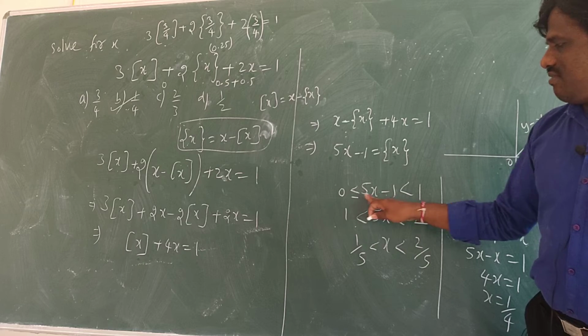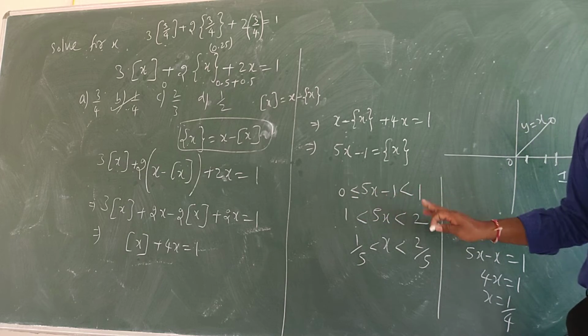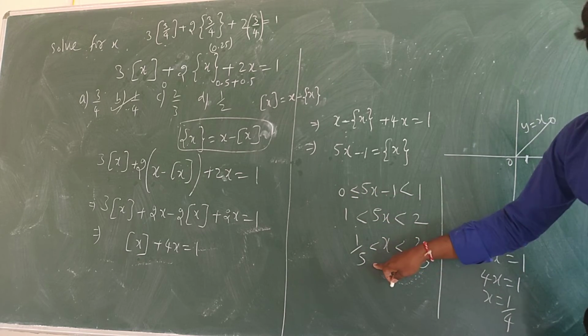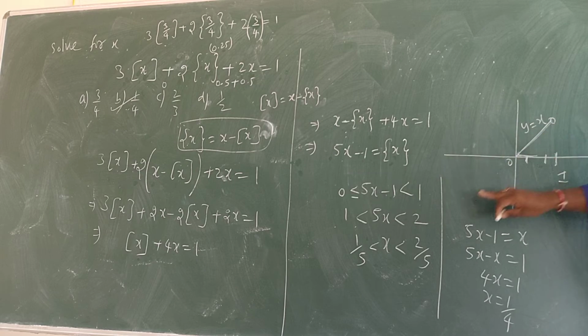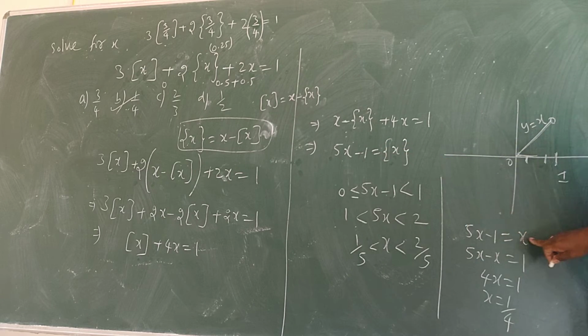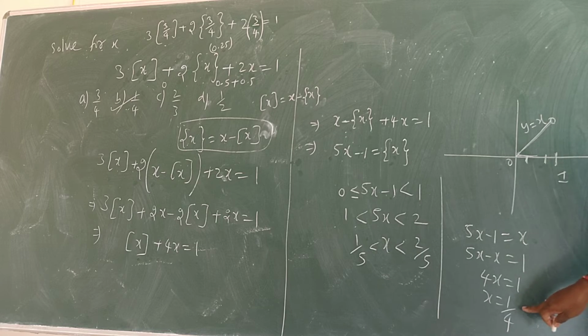So I am checking how much the fractional part of this value is. Fractional part always lies between 0 to 1. So I check where this value is. The domain is this. For this domain, if it is there in x, I will get the answer y is equal to x. So this fractional part of x is changing into x. So the answer x is equal to how much did you get? 1 by 4. The method is important here. Okay, note down the method.